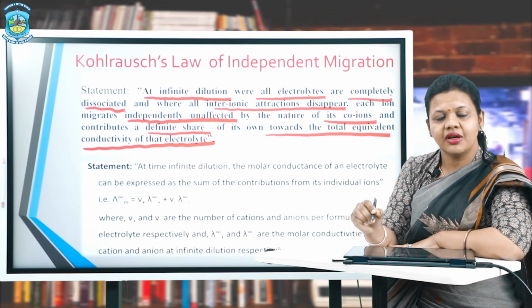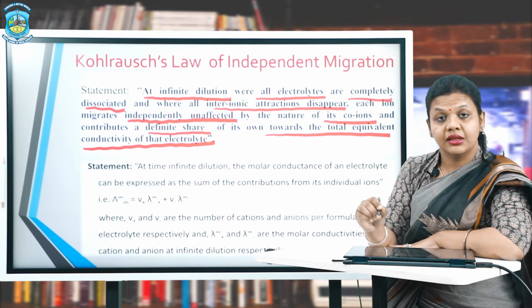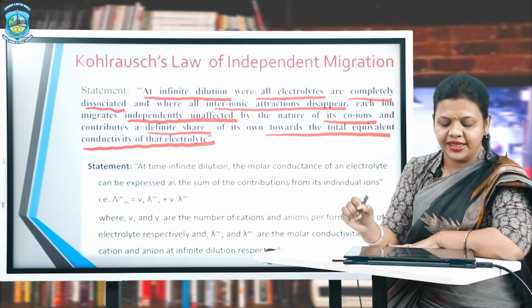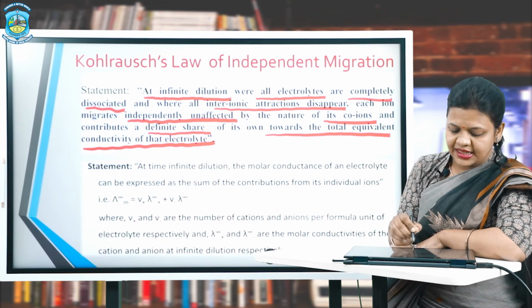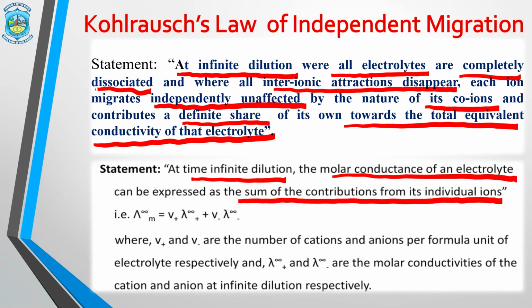And in this condition, each ion gives its specific contribution towards the conductivity of the total electrolyte. It can also be stated as, at the time of infinite dilution, the molar conductance of the electrolyte is expressed as the sum of the contributions of the individual ions, which can be represented as lambda m or lambda equivalent, for both at infinite dilution, is equal to v plus lambda infinity plus